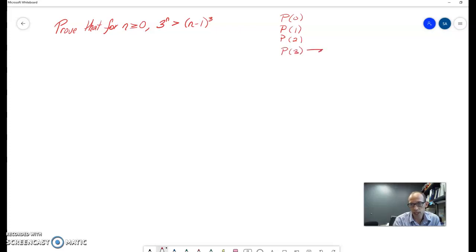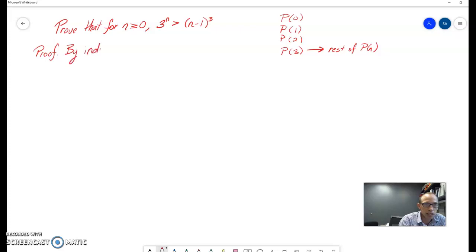and then maybe P of 3 is your base case, and you do induction then from there on. Or you could have P of 2 as your base case and then have everything from then on out. So you don't necessarily have to have 0 as your base case here. However, if the same logic applies for 0 as it does for 1, 2, 3, and so on, it's usually easiest to take the lowest integer that you're being asked to prove it for and use that as your base case. So let's do this proof